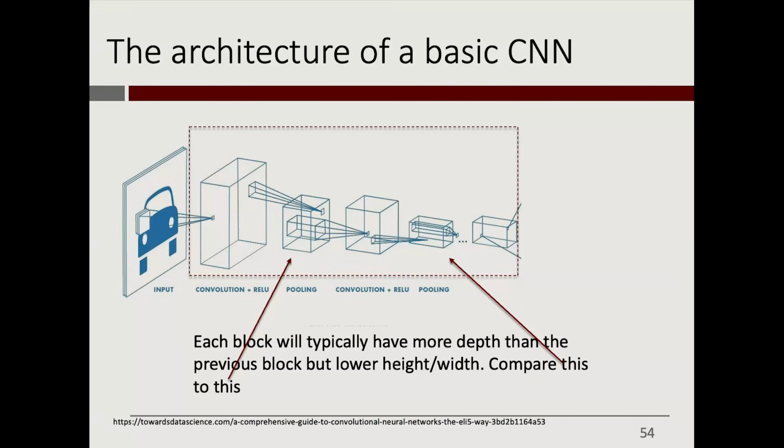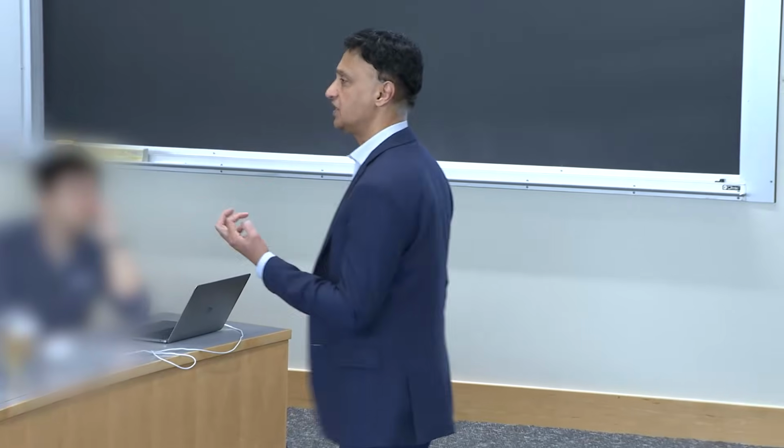Yes? Is the reason that it gets deeper that each layer has a single feature that is picked up, and then it gets stacked on top of each other? It's not so much that each layer is picking up a single feature. It's more that